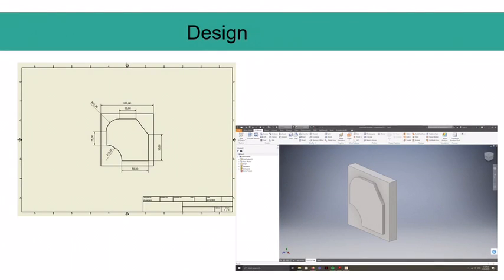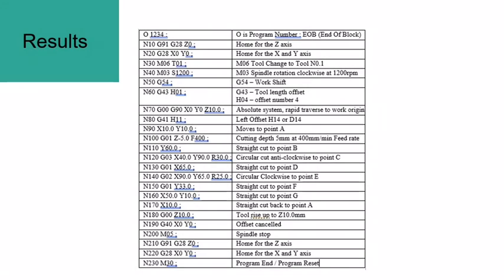Next explanation is about design. This is the design chosen. It is a 100 by 100 mm square of nylon with some curves and edges. As for the result,